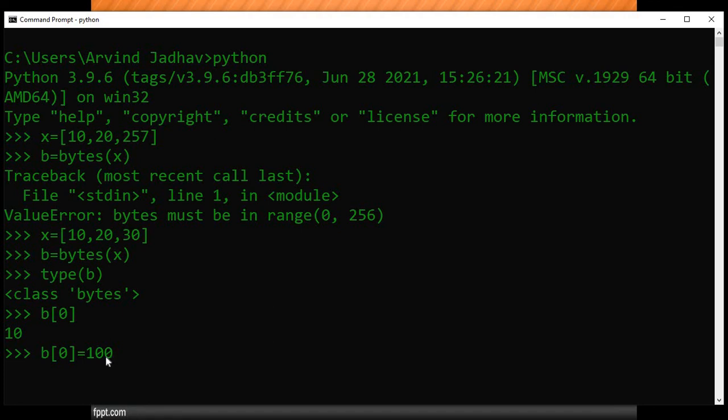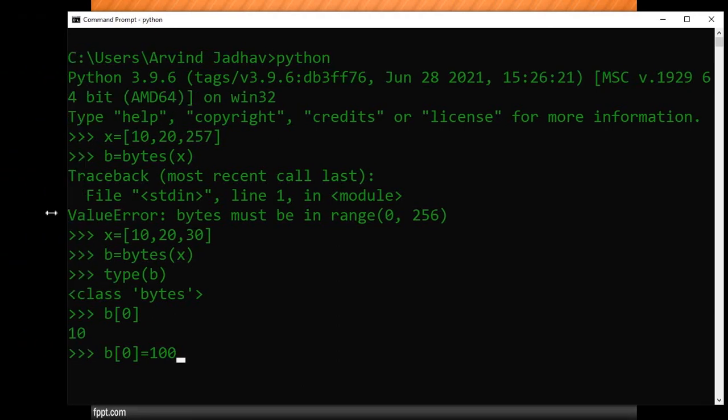Because bytes is immutable. Make a note of that. Bytes are immutable. If it is immutable, then we cannot change the object. We do not have permission to change the object. So we get the type error.